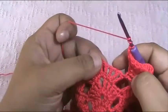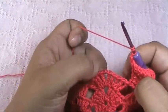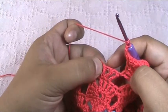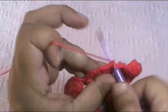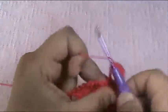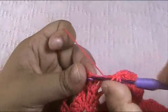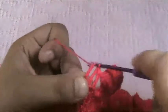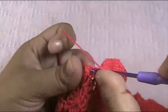Then yarn over twice and go directly to the 3rd stitch from the 2nd group here. So here is my first, 1, 2, and here is the 3rd stitch. Go directly inside it and make 1 treble, and into the next make another 1 treble, and into the next stitch before the space make 2 trebles, 1 and 2,